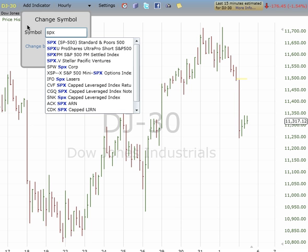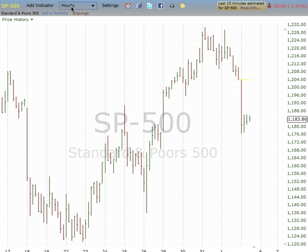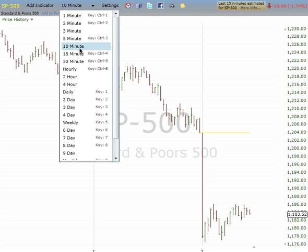For S&P, let me go to the 10-minute chart. Yeah, it's like wave 1, wave 2, wave 3, wave 4. So we got upward 4s, and worst case scenario is I get a downward 5 into the close that tests and breaks 1177 to the downside. If this occurs, then we could probably see a test of 1163, which is the 0.618 Fibonacci retracement of the